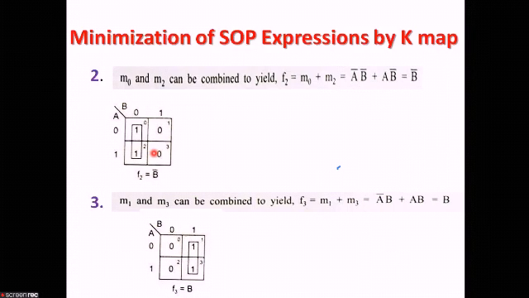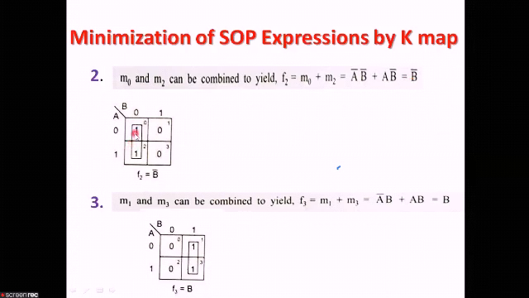That's why I have shown you these 2 ways, just for simplicity, to make you understand it more easily, that you can use K-map, also you can use Boolean expressions or Boolean algebra, but for simplicity we will be using the K-map. And K-map means we will be mapping, we will be doing some pairing, and I am showing here the pairing technique. Now see, M0 and M2 are present. So this F2 will be equal to B bar.